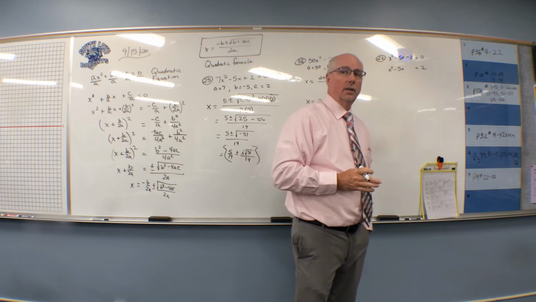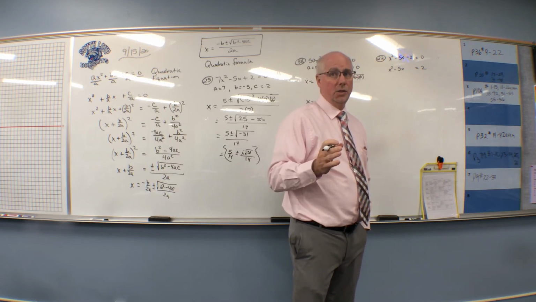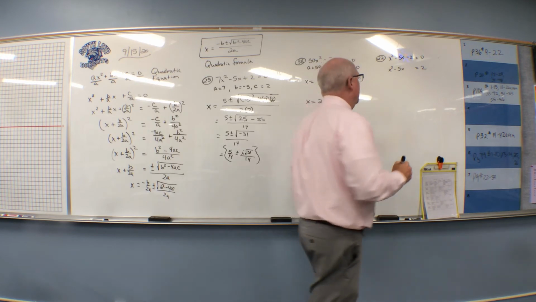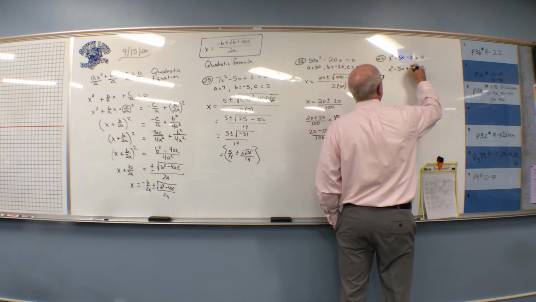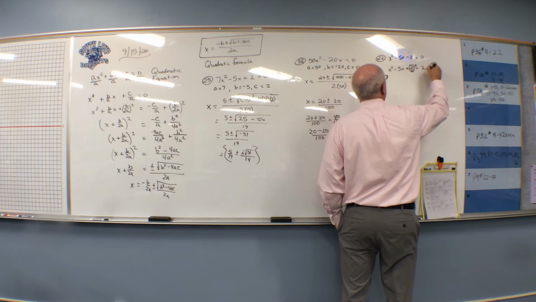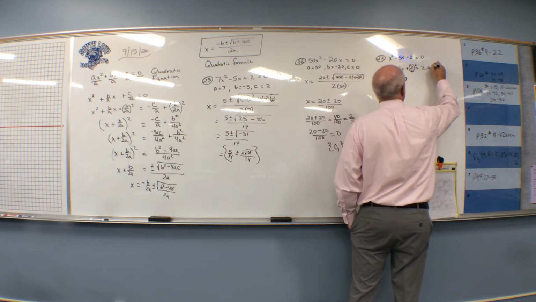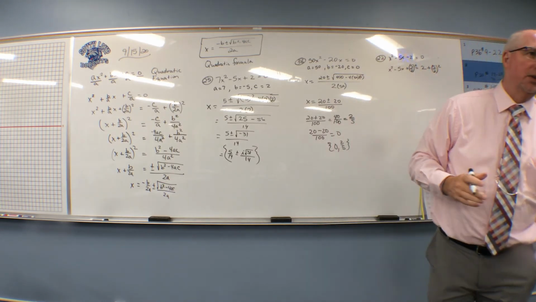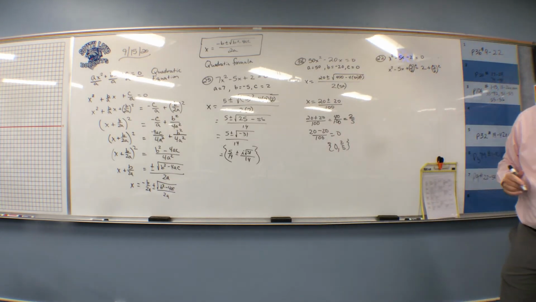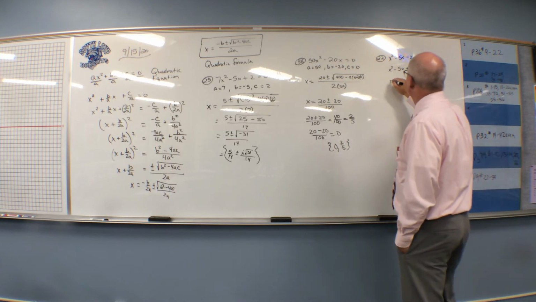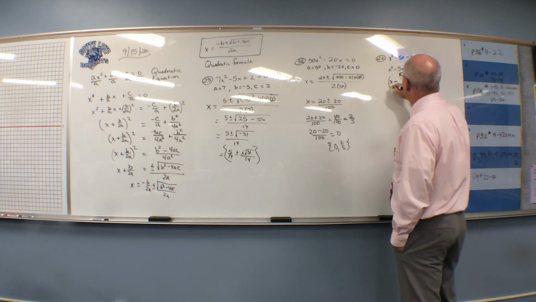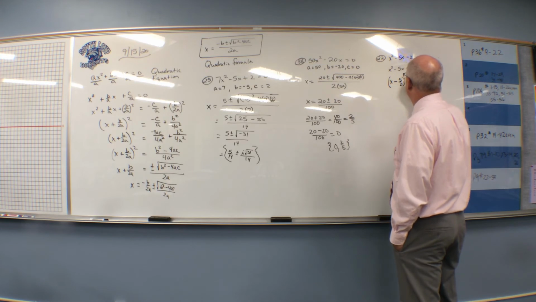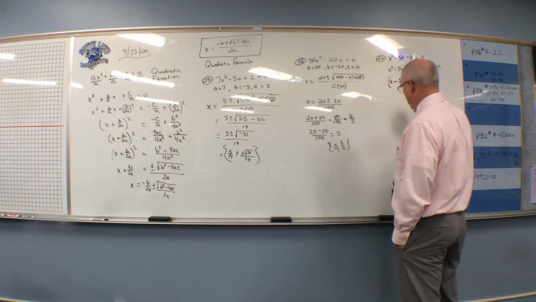2.5 squared. Okay, I'm going to take 5 halves squared. I take 5 divided by 2, right? Half of 5, which is 5 divided by 2, and I'm going to square it. I don't necessarily like working with decimals. There are times that I do, but I usually try to start with a fraction first. So when I factor this, it's x minus what? 5 halves, quantity squared, and I go equals